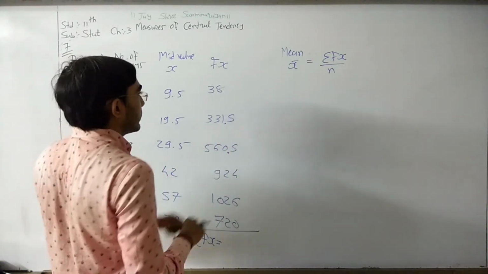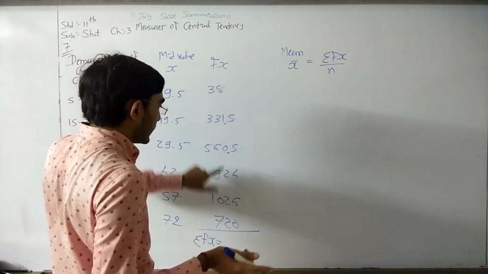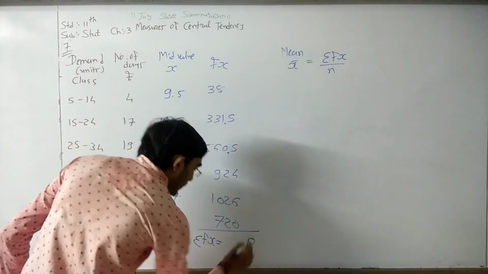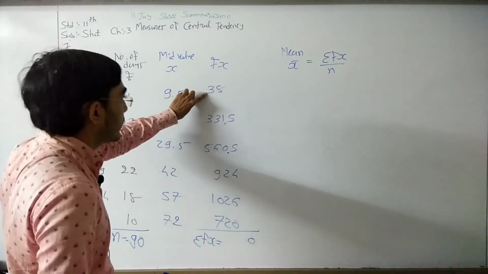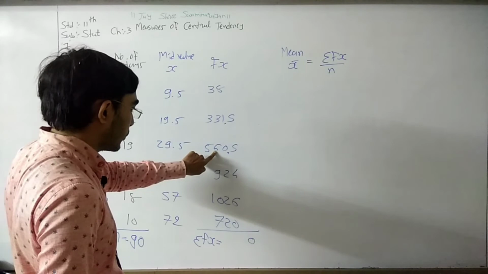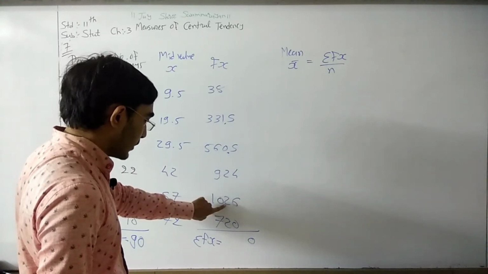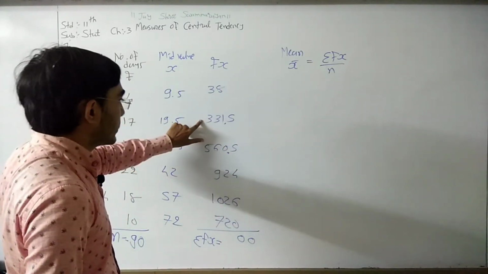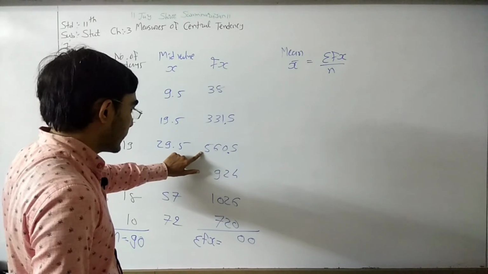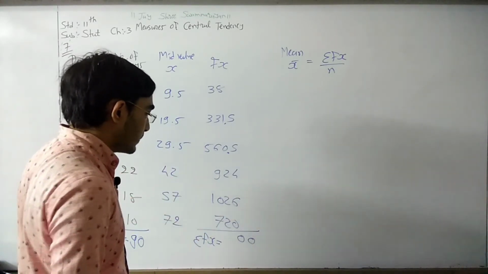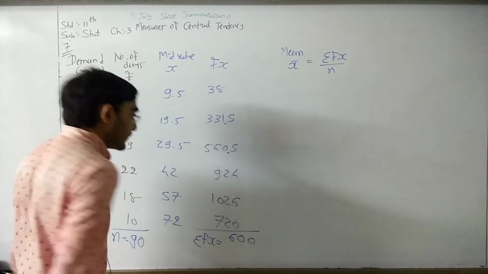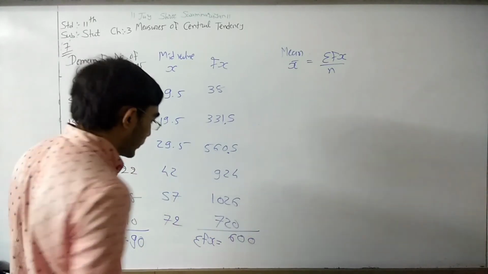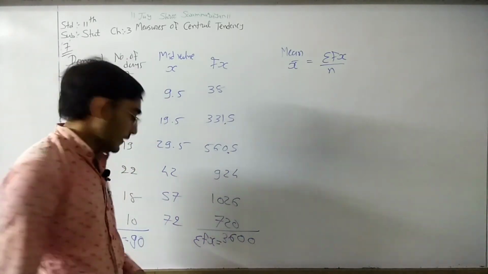5 plus 5, 0, so 1 remainder. 8, 1, 9 plus 1, 10, 10 plus 4, 14, 14 plus 6, 20. So here 0. Then 2 plus 3, 5, 5 plus 3, 8, 8 plus 6, 14, 14 plus 2, 16, 16 plus 2, 18, 18 plus 2, 20. Again 2 remainder. Now 3 plus 2, 5, 5 plus 5, 10, 10 plus 9, 19. 19 plus 7, 26. So 2 remainder. Now 2 plus 1, 3. So 3600.